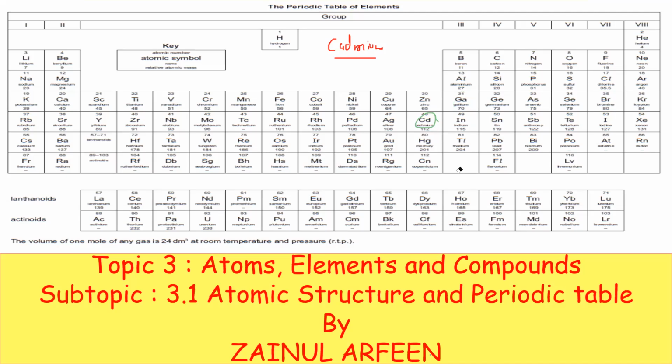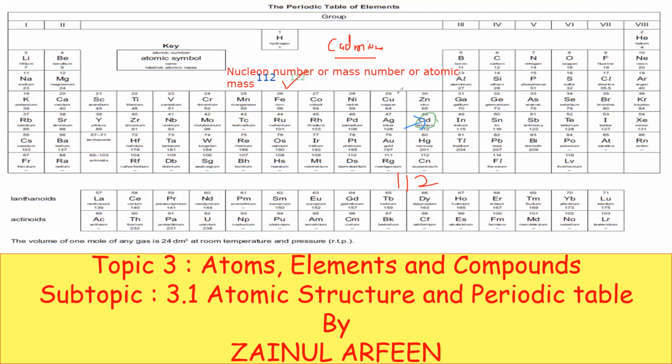Now my question is, what is the nucleon number of cadmium? Nucleon number means the mass number. So what is the nucleon number or mass number or atomic mass? What is the atomic mass of this cadmium? That's 112. That's correct. Yeah, that's right. Another element,